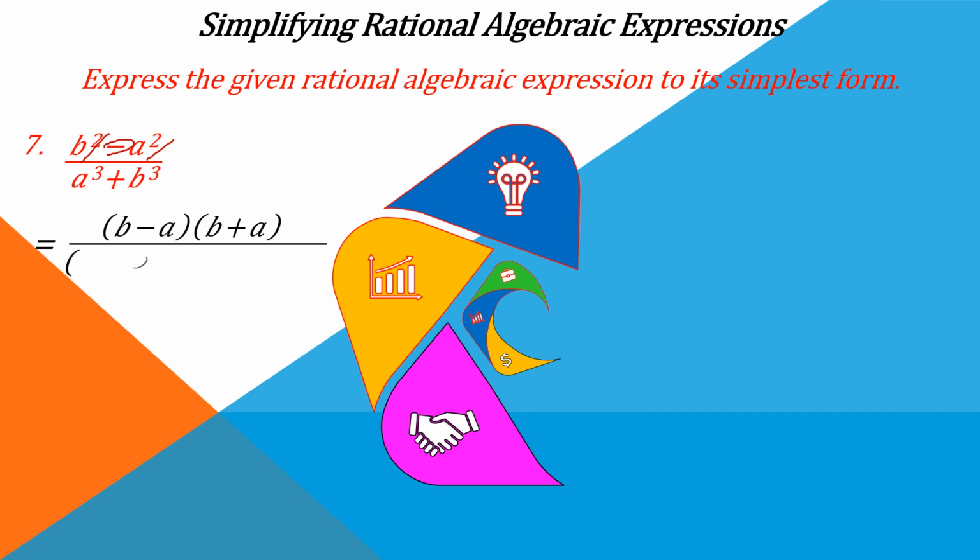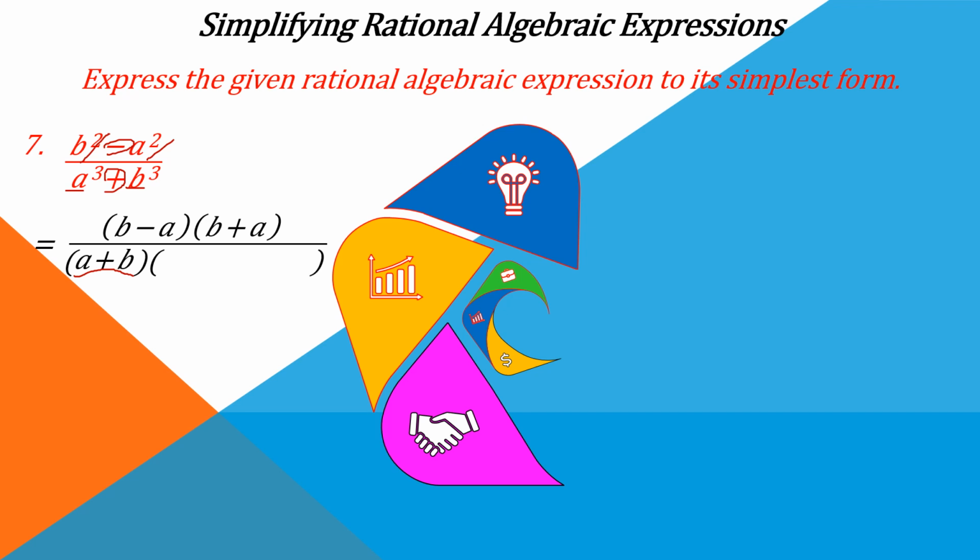And for a cubed plus b cubed, we will take the cube root of a and b and adopt a positive sign. So we have a plus b,